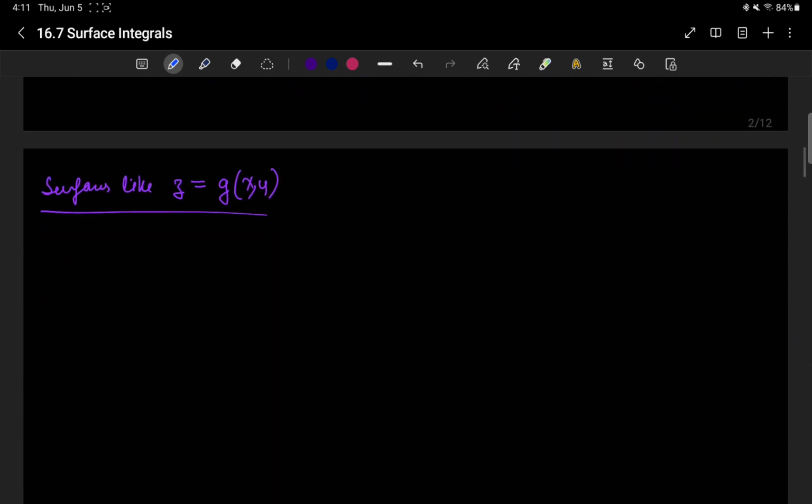Now, once again, this can be applied to surfaces which are given by z equals f of x,y or z equals g of x,y. And the reason is that these are parameterized as x, y, g of x,y. And we have seen that in this case,